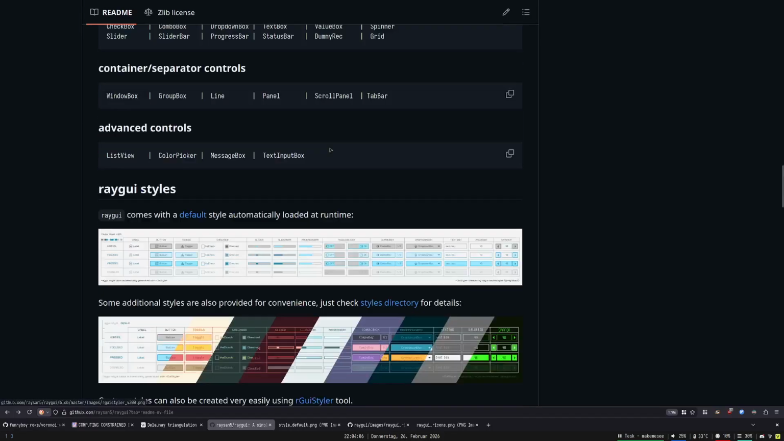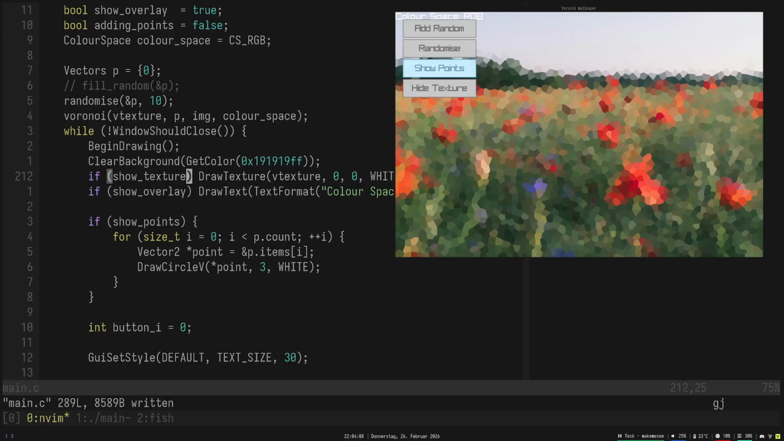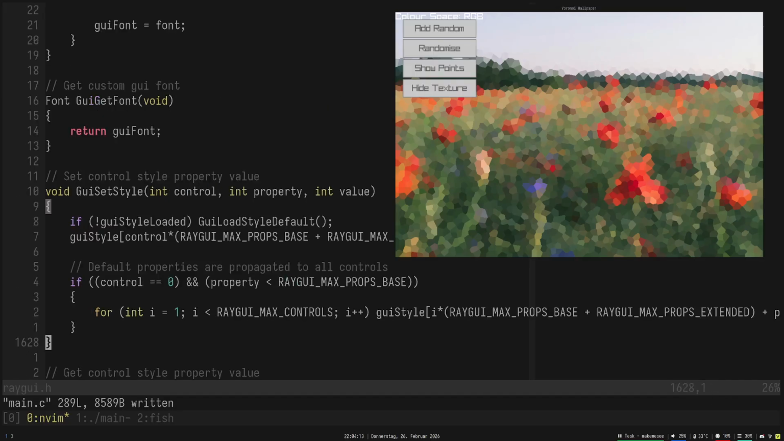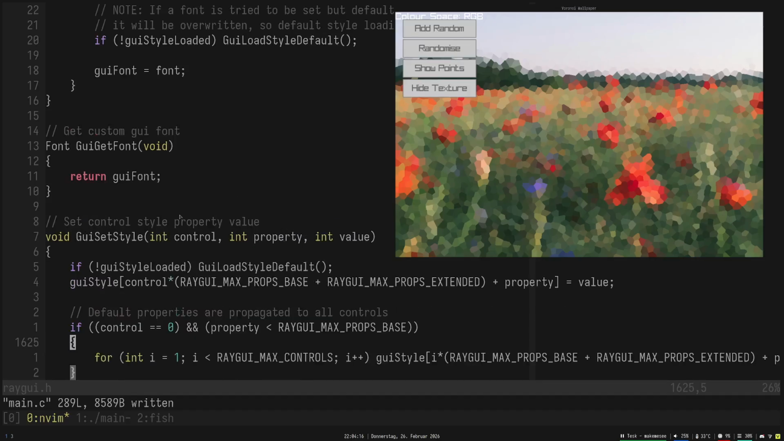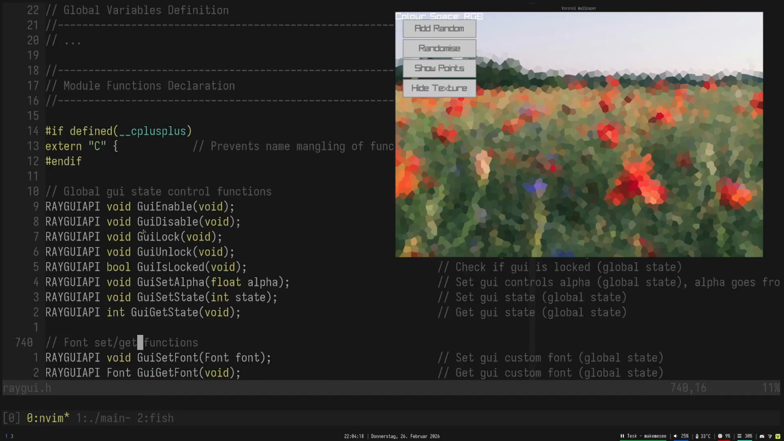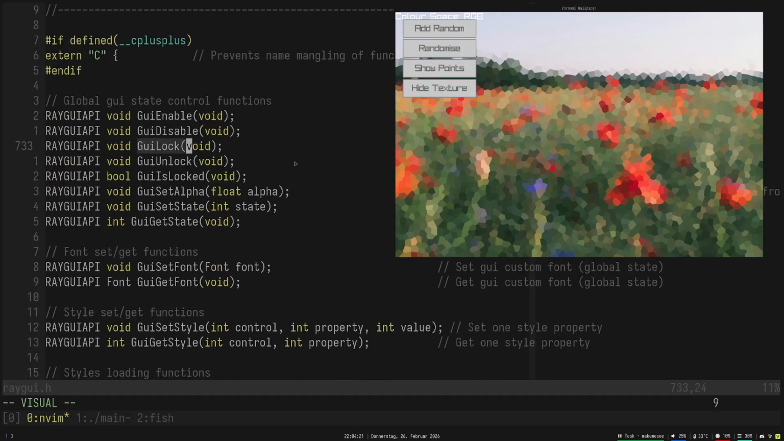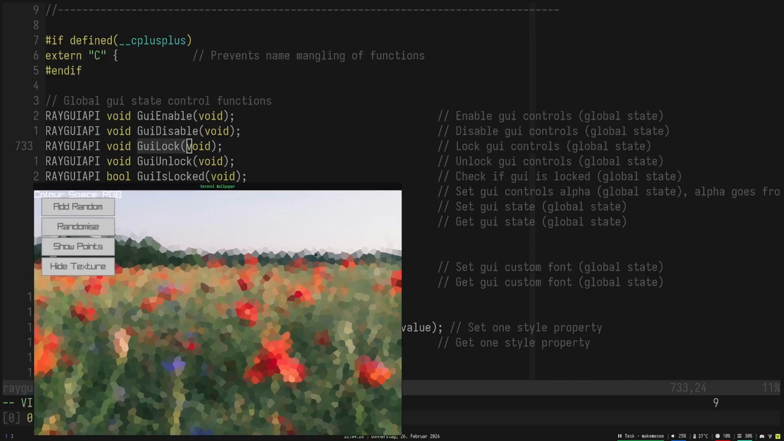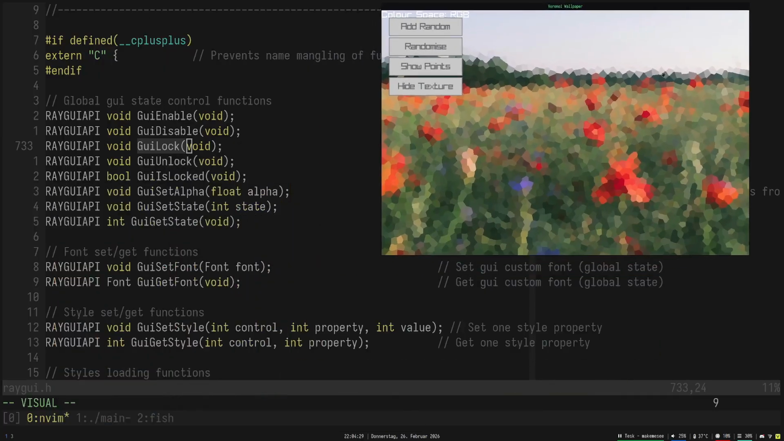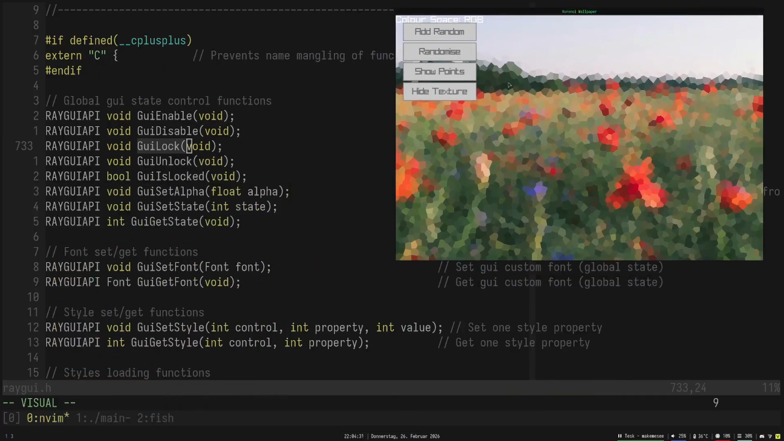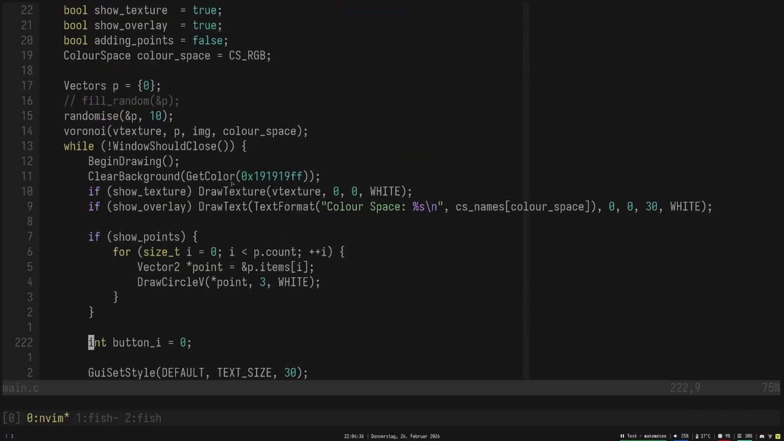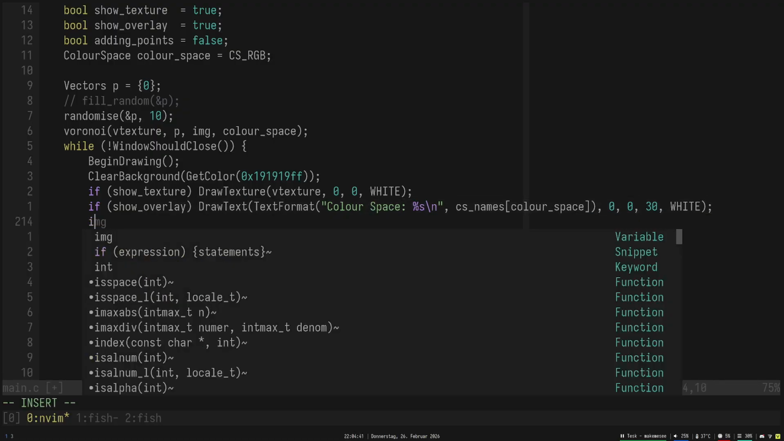There's a way to, it wasn't in here, it was in here, although not actually here, but up here at the top, there is a GUI lock, which says lock GUI controls. Yeah, let's do that. So let's do, like here, if we're